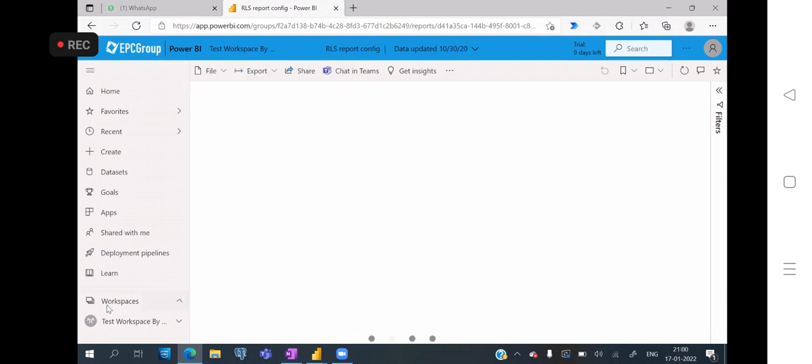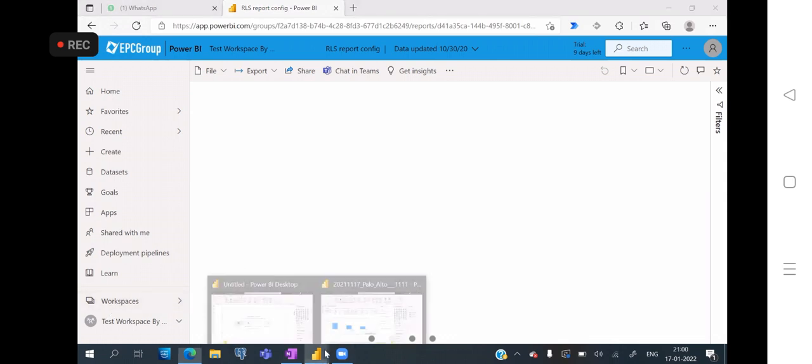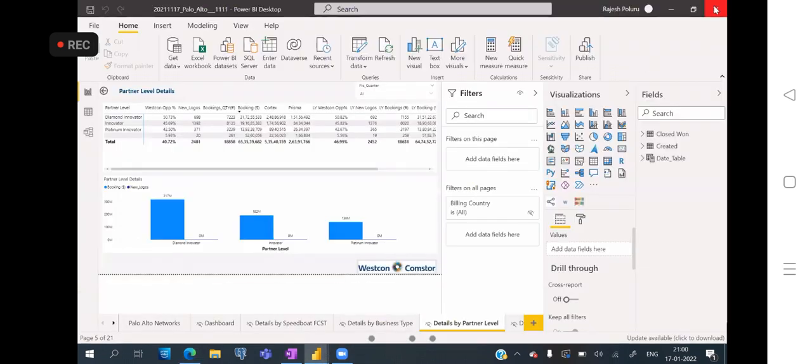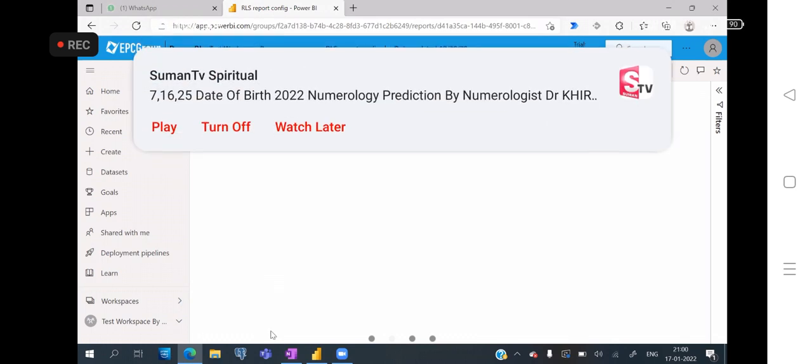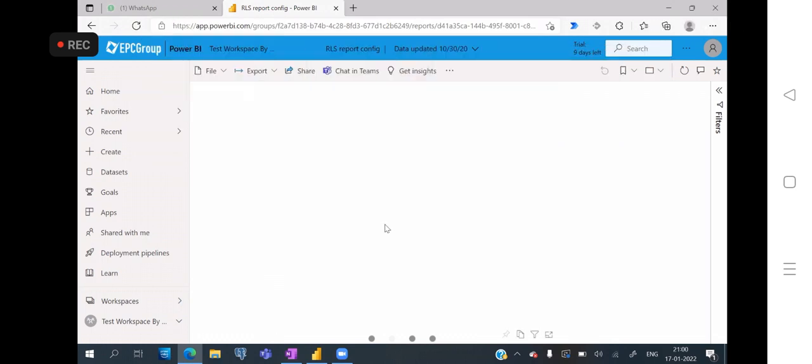Okay, so what we have covered. The building blocks: visualization, data set, report, dashboard, tile. These are the building blocks we have. Today let's start creating the report. So first, everybody install the Power BI desktop, because I will send this Excel file